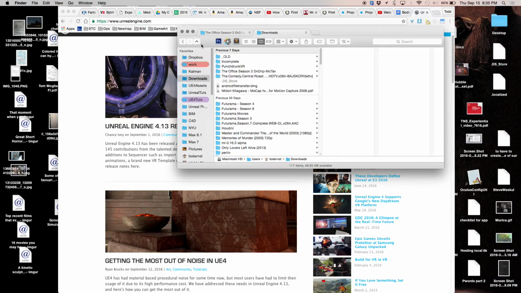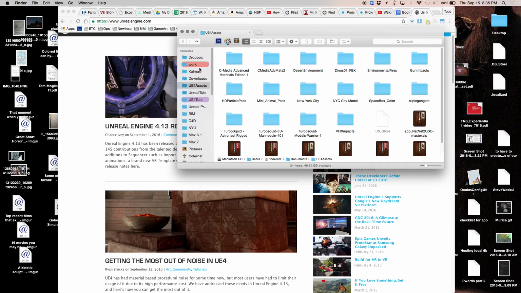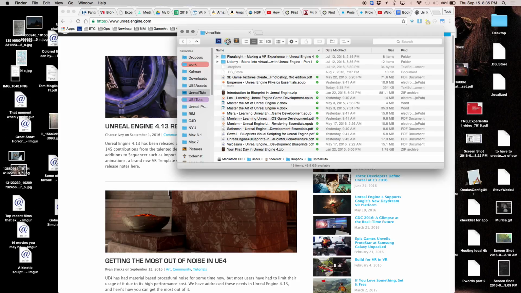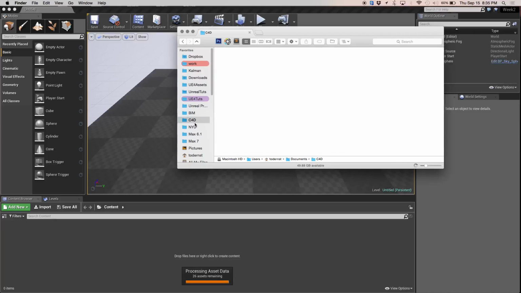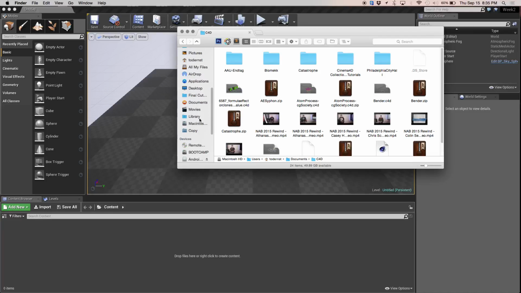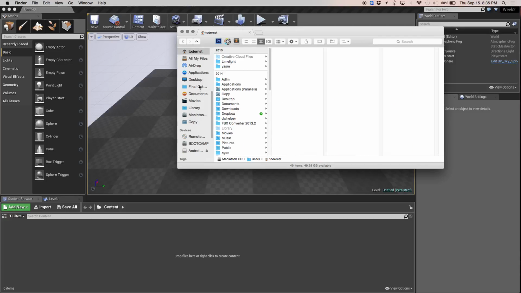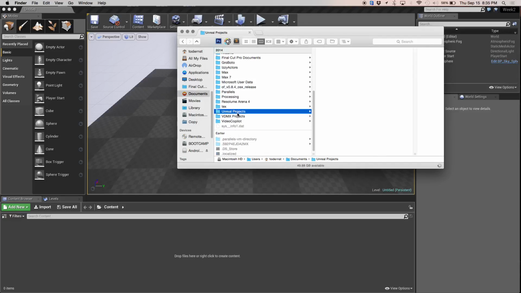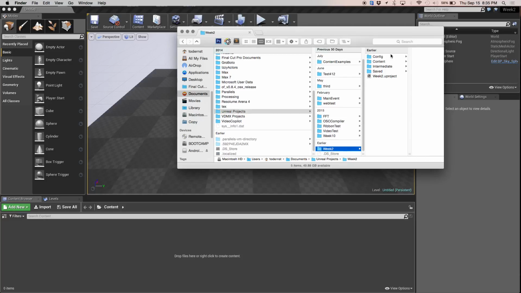So if I go to Documents, somewhere, or I can just wait till it opens up. All right. I've been on Windows so long I forgot how to use a Mac. Oh, Documents. So there should be a folder called Unreal Projects. And there it is. And so this thing I just made called Week 2 is there. And it has some folders in there that we'll get into later on as well. But this is already open here.